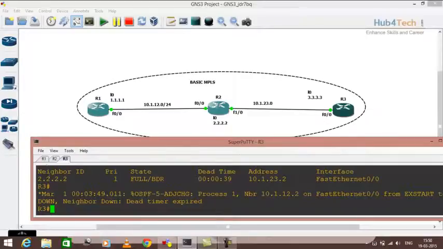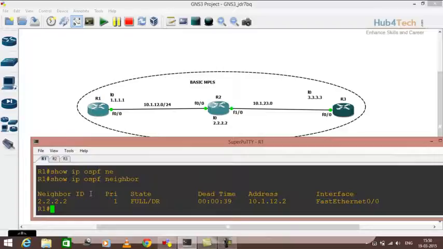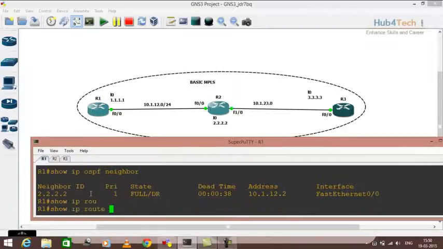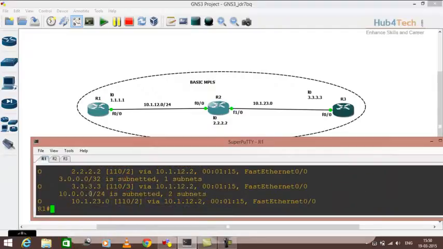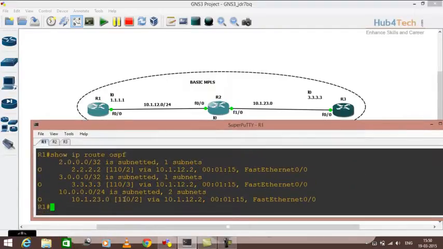Here I've run OSPF between them, so if you check on R1 show ip ospf neighbor, here you can see. And if you want to see show ip route ospf, you can see here we have the reachability to 2's loopback and 3's loopback from R1. I can ping here,